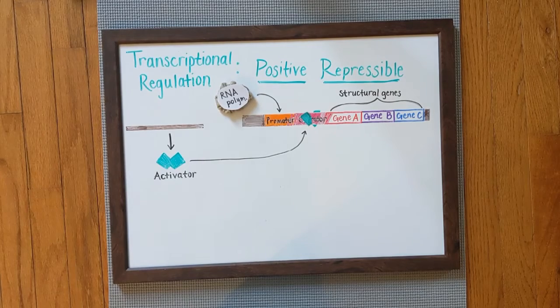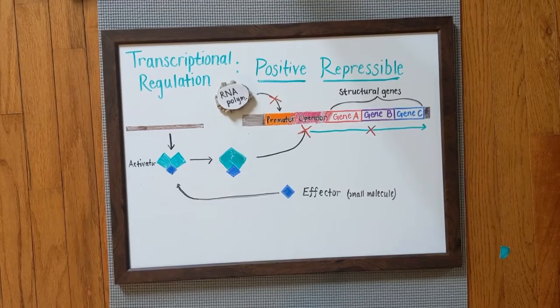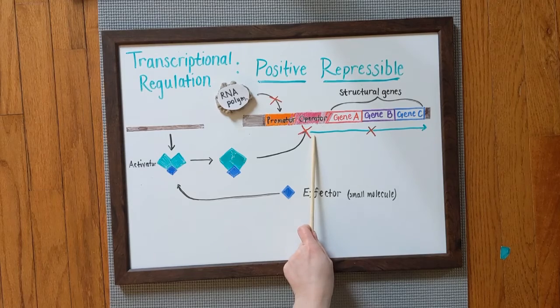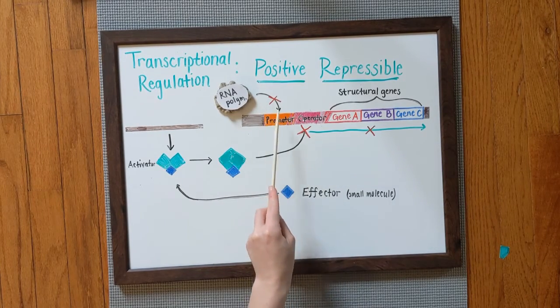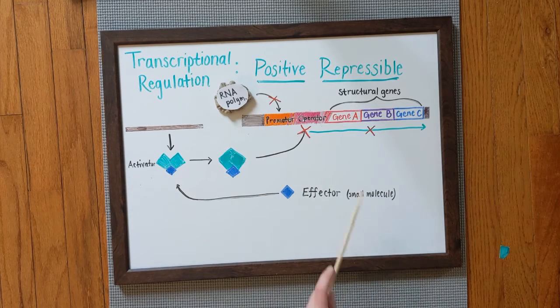On its own, this protein promotes the transcription process. But in the presence of a small molecule known as an effector, the activator's protein shape is changed, and therefore it can no longer bind to the operator, which then means it cannot stimulate RNA polymerase to begin transcription. Therefore, transcription is inhibited